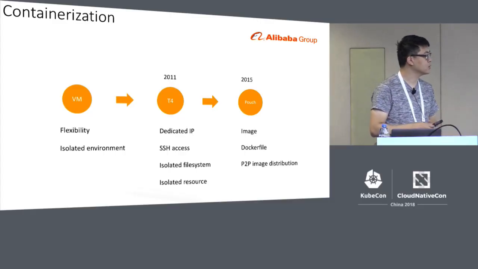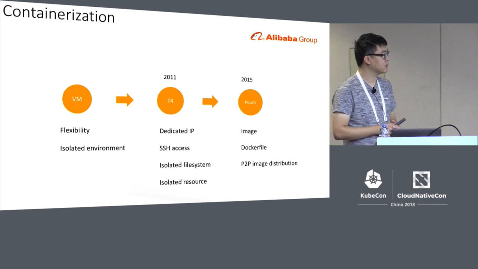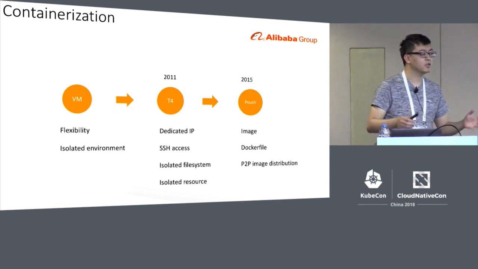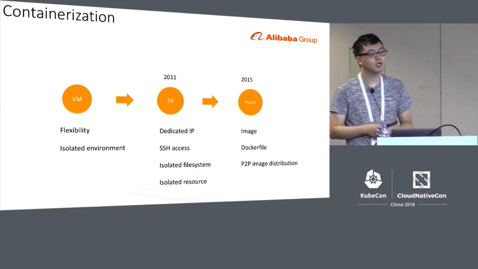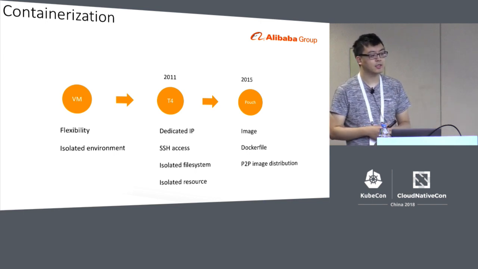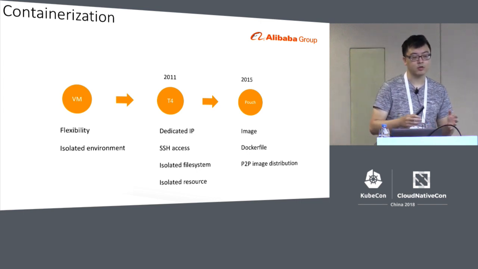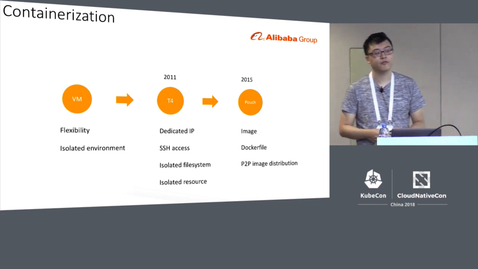Well, I will give a brief introduction to Alibaba's history. As I already mentioned, Alibaba is operating at the level of containers. Previously, Alibaba evolved from virtual machines. And at that time, all of the applications were monolithic applications. At that time, we wanted to split them into small applications to deploy them. So in the first stage, we used virtual machines to package each application so that we can have more efficient scheduling, and each application can have isolated operating spaces.